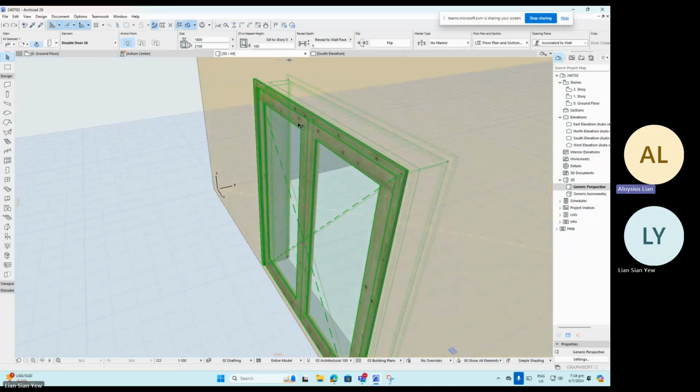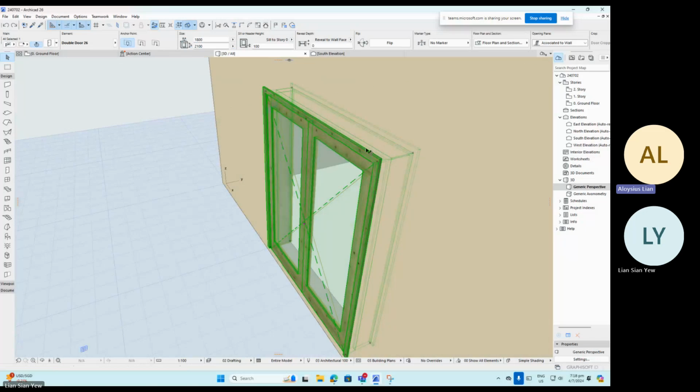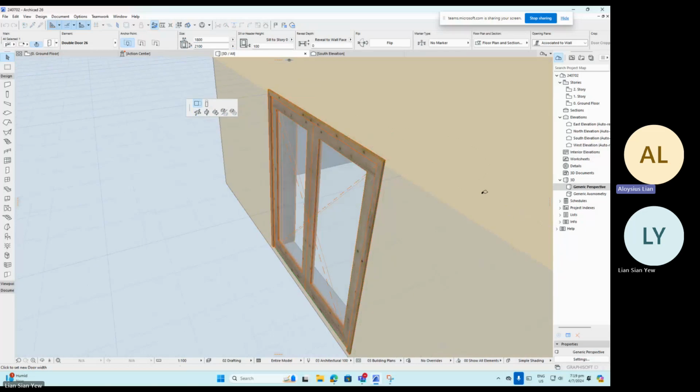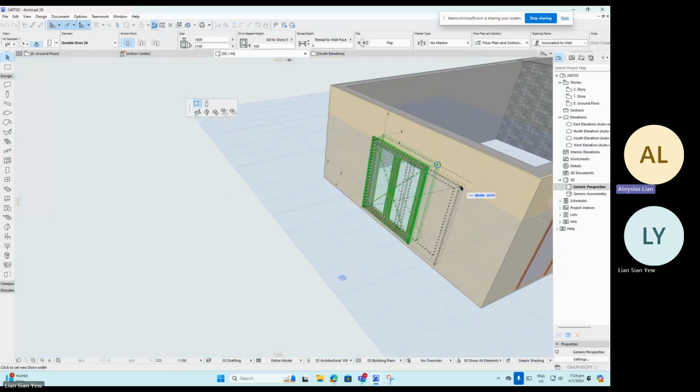The next thing that I want to show you is, after you have selected this door, if you hover over this little dot here and wait for the tick to appear again, when you left click on this, there will be other options other than what we have shared just now, which is to move up or move horizontally. There is this button where you can stretch your door. So if I click on this, you will notice that I will be able to stretch the